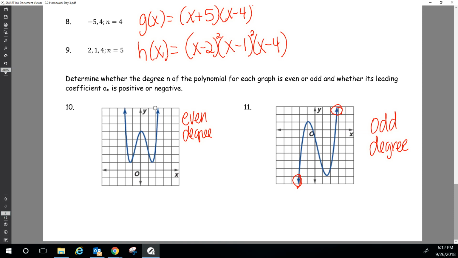Since we're opening up, my A sub n, which is my leading coefficient, is positive. Since I am increasing throughout, again, my A sub n is positive. So there's section